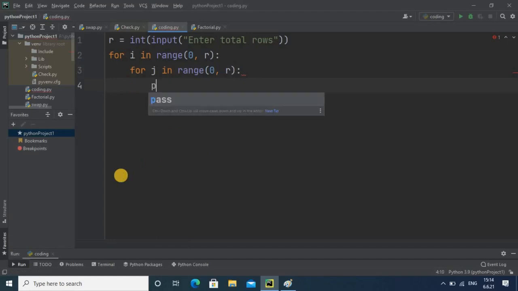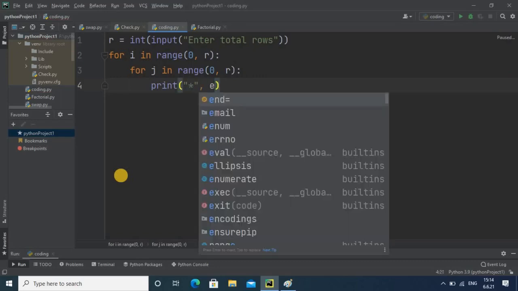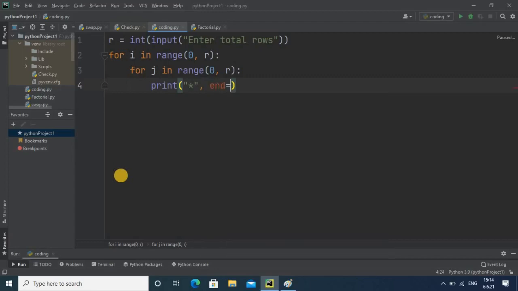Okay, so first we need an output statement, and we are printing the star value, and we need to give spacing between each star. So here end equal to, in double quotes you have to give a space. And as I told you, after printing the star, it will print 3 times, because for the 0th iteration it is repeated for 0 to 2, meaning it will print 3 stars.